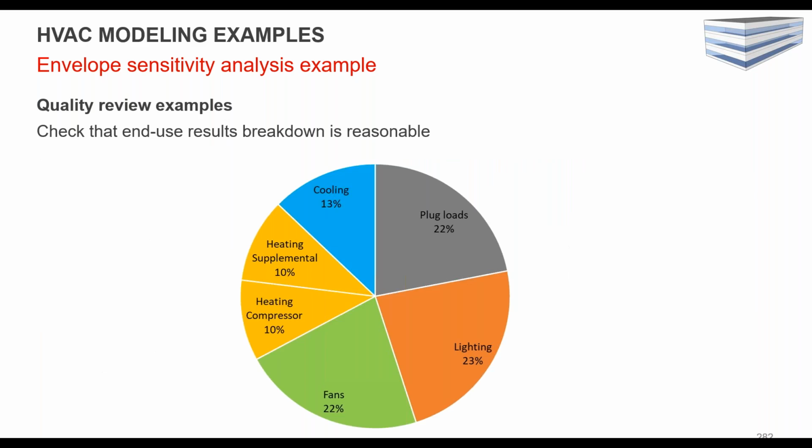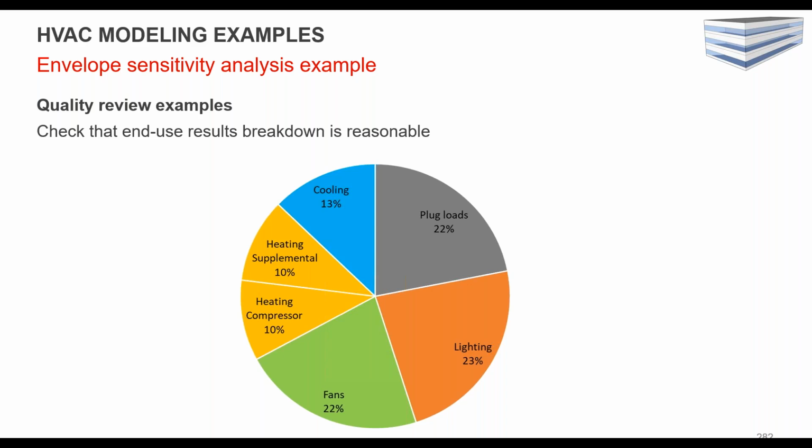And then on the system side, the sort of critical things, check your heating and cooling efficiencies, make sure that those are actually translated correctly from EER and COP, total fan power and total vent rate. And then other things to check, make sure your end use breakdown is reasonable. Based on the building type, this is an office. This is a fairly typical breakdown where 45, 50% of the energy consumption is plug loads and lighting. In this case, fans is a little bit high, but again, it's a rooftop all air system, so that might be reasonable. So again, just make sure it's in line with what you would expect.